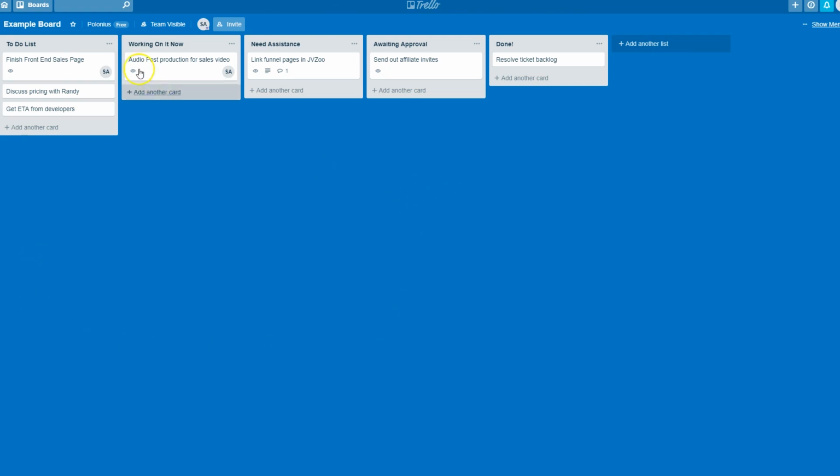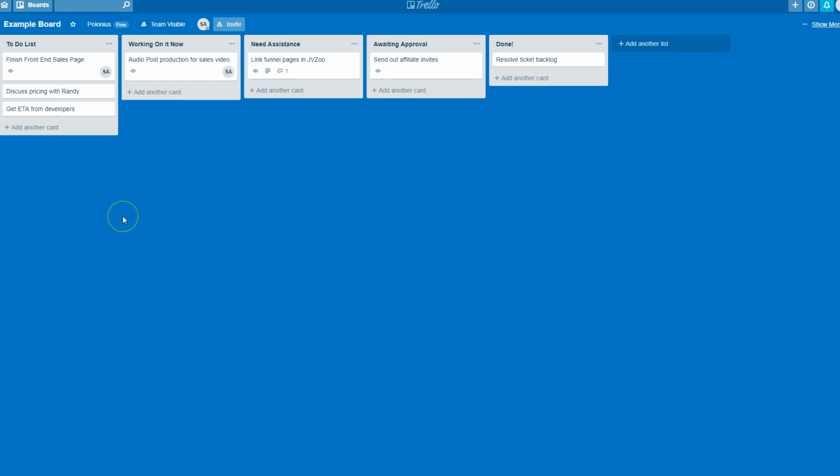And then it's broken down into lists, right? We have lists here. And then it's broken down into cards, which are the actual task cards. Within those cards, you can drill even deeper for different collaboration and details and descriptions and stuff. But this is a great way. Now, you don't need to arrange it, but what we recommend is arranging things in a left to right, beginning to end manner,